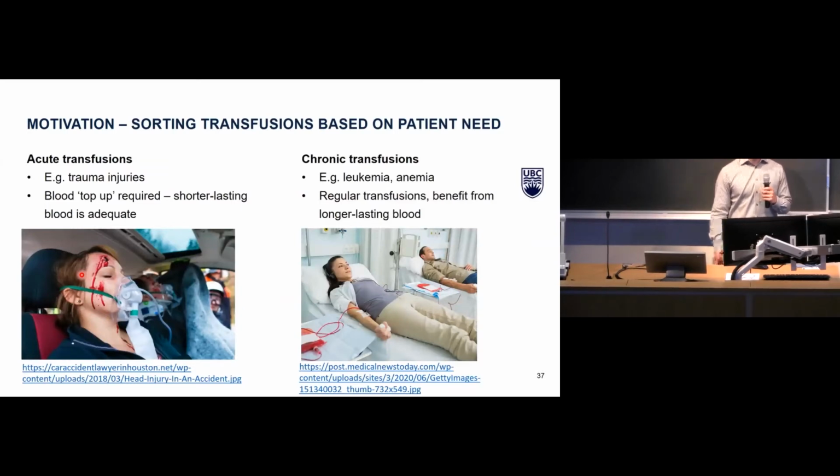We suspect that red blood cell deformability is a vital biophysical property that can be used as a predictor for transfusion lifetime. By predicting the longevity of a blood transfusion, blood banks could preferentially allocate blood units to patients based on their need. We hypothesize that chronic transfusion patients should receive longer-lasting blood to extend the time between needed transfusions, whereas acute transfusion patients, such as those suffering from trauma injuries, should receive shorter-lasting blood as they just need a blood top-up and can normally produce healthy red cells.